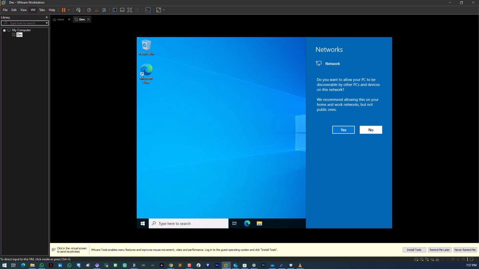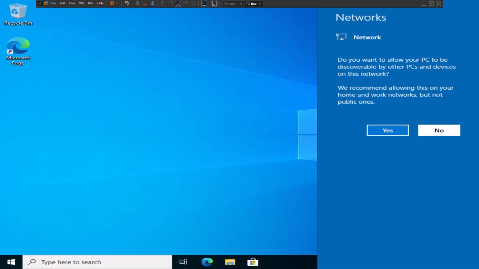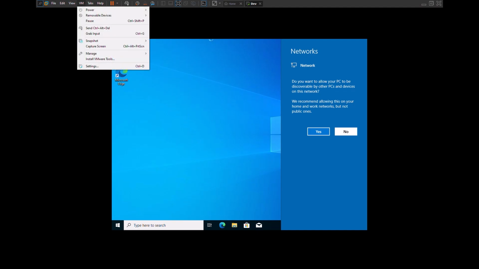So what we want to do to make it full screen, as you can see, is if I come down here and say full screen, it's still in a box. So how do we resolve this? You can see I stretch it, but still the same thing. So how to resolve this is, let's go to